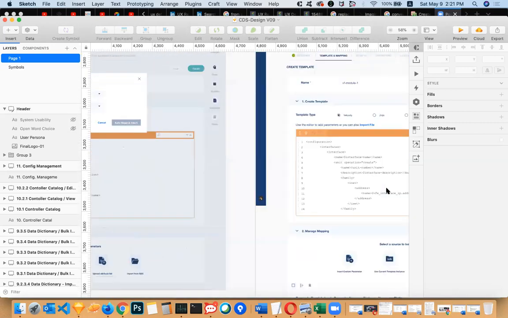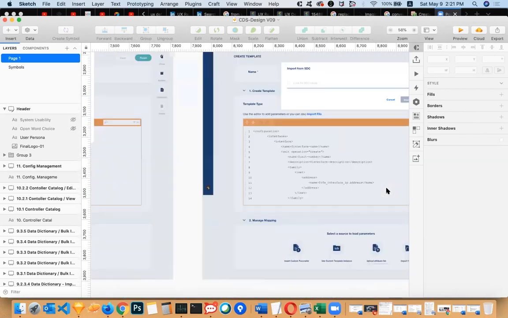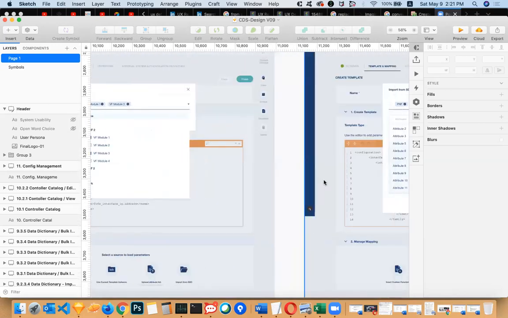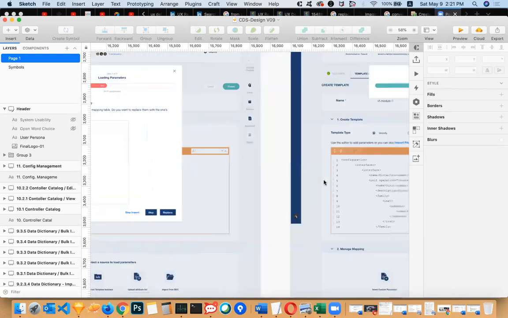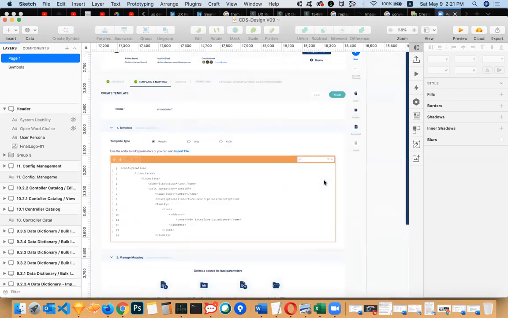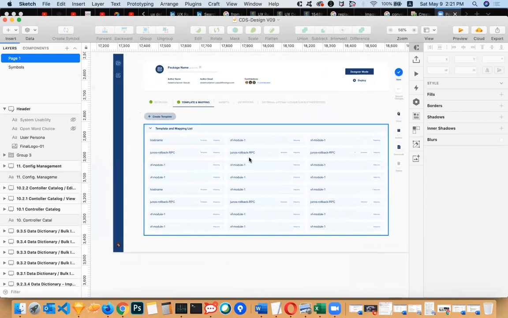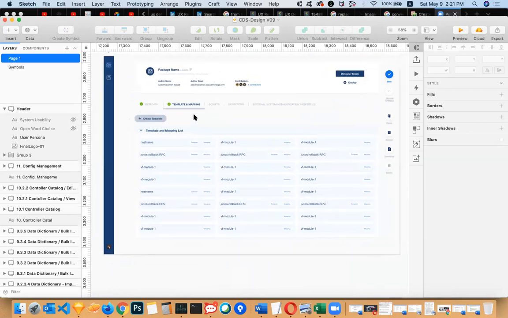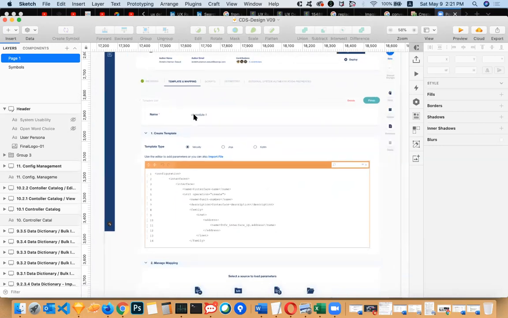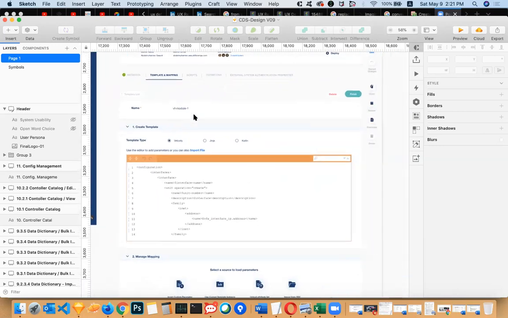After clicking the Finish button, the user will move to this template list. And he has the Create Template button that will load a new form like the first one we have.